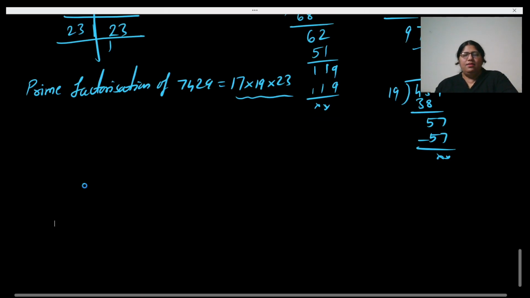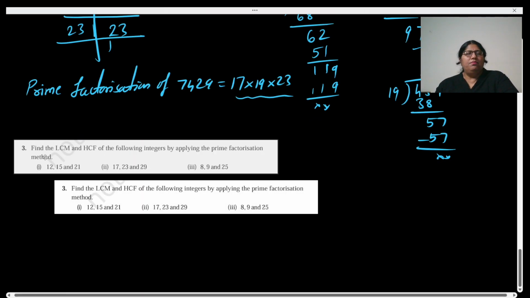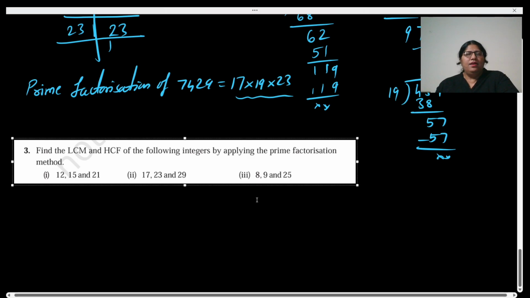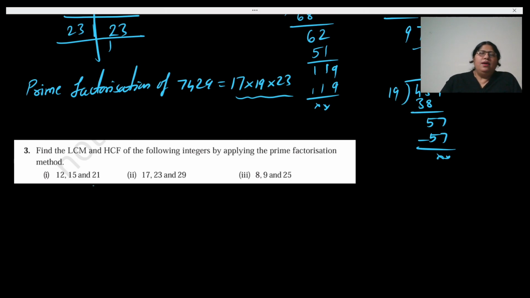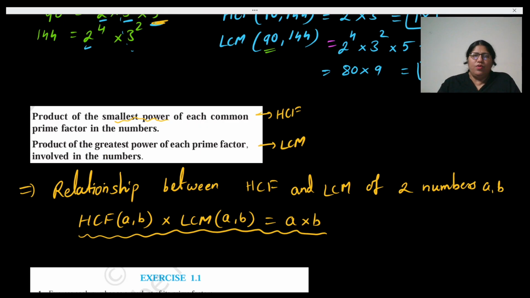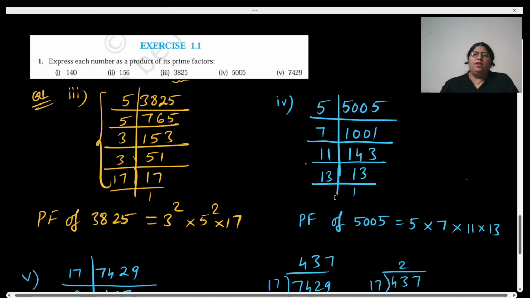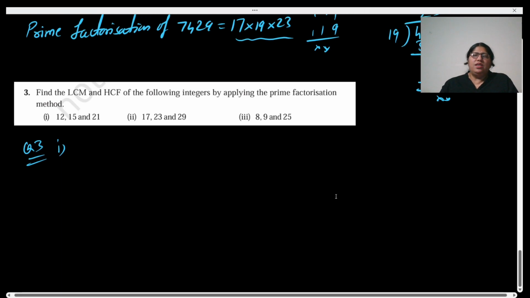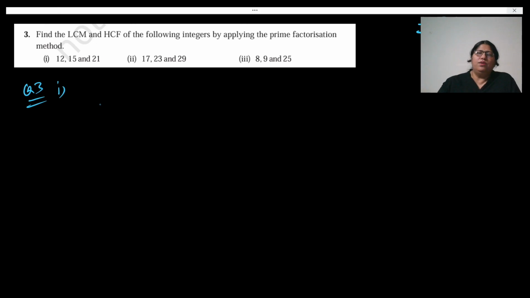So here there are three bits, we can take any one. Here also, we'll take the first and second bit, so you will understand how we do it. Now here there are three numbers for which you have to find out HCF and LCM. So you will follow the same thing. Whenever you are finding the smallest power of each common prime factor, you have to check for all the three numbers, and similarly for LCM also you need to see the factors of all the three numbers, right?